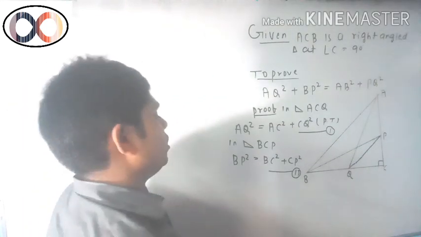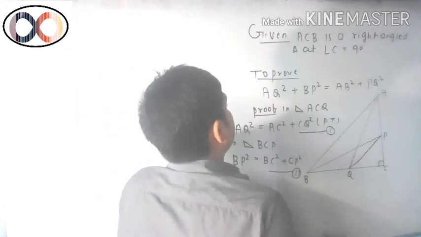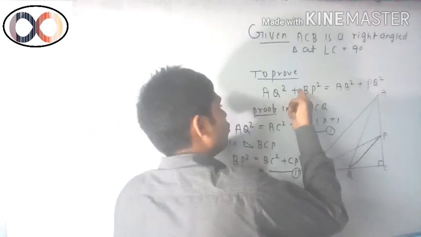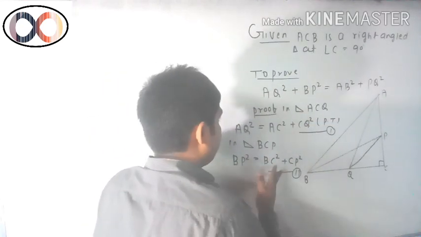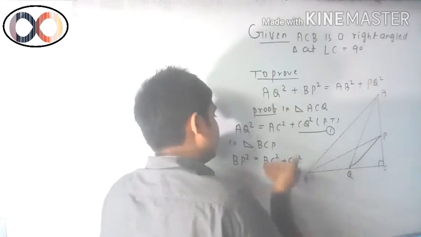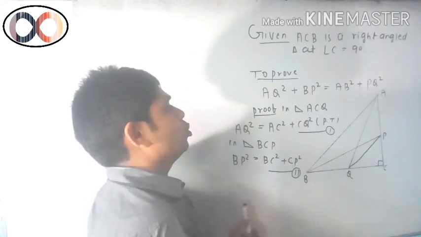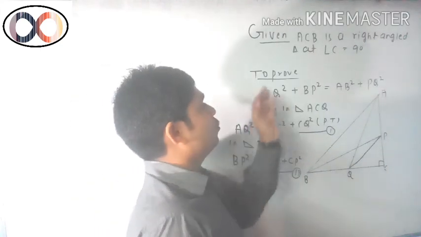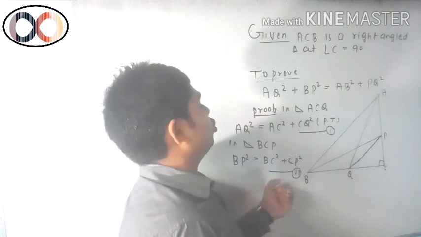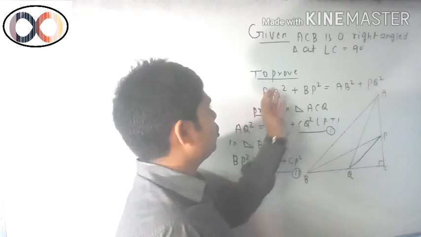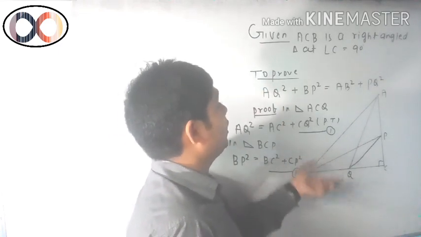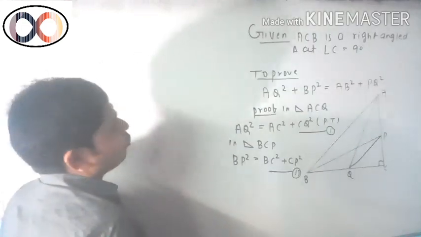Now you can see we will add, because this is the symbol of addition. If here is the symbol of multiplication, then we will have to multiply. If here is a symbol of negative, then we will have to subtract. So you must approach in the direction of the to-prove part. Don't approach through your own mind. You should go through the to-prove part, what we need and how we will get that. So first of all we can add it.